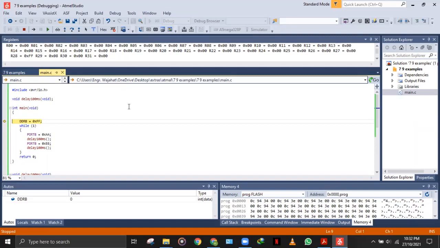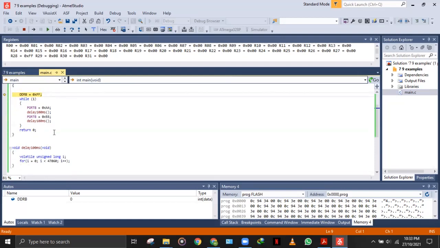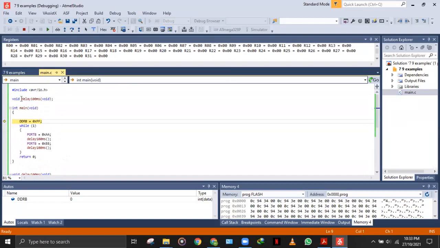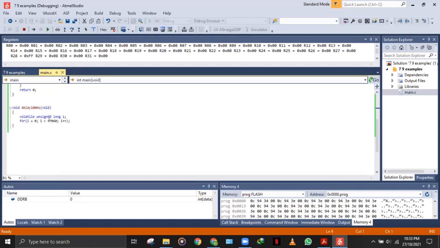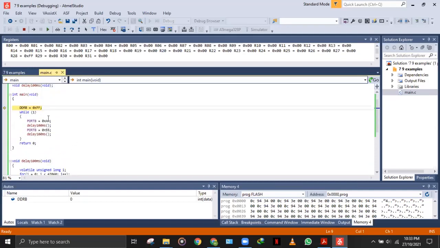तो ये हमारे पास आ गई है 7th हमारी जो एग्जांपल है, जिसमें हमने बेसिकली यहाँ पे एक डिले का फंक्शन डाला हुआ है, वॉइड डिले। और उसको हम शायद यहाँ नीचे उस फंक्शन को ऊपर डिक्लेयर किया और उस पूरे फंक्शन की डिटेल्स हमने नीचे दी है, जिसमें हमने वोलेटाइल अनसाइंड लॉन्ग आई एक वेरिएबल डिक्लेयर करवाया और उसके साथ लूप लगा दी है, जो कि हमारे पास चलेगी 470,659 टाइम्स।